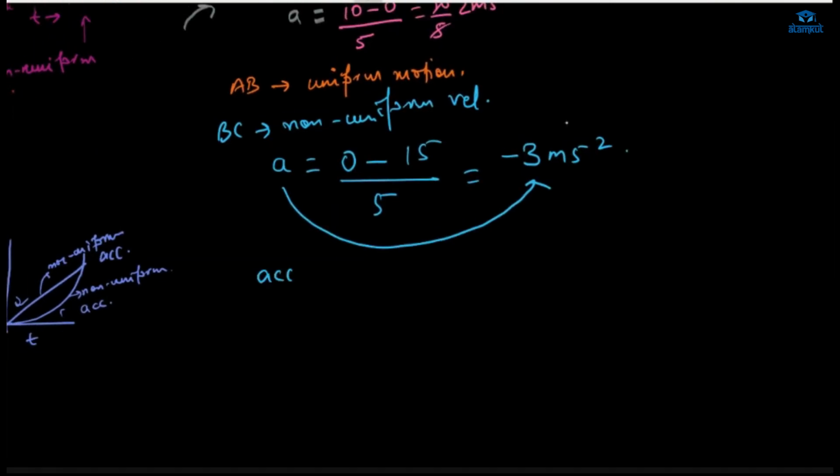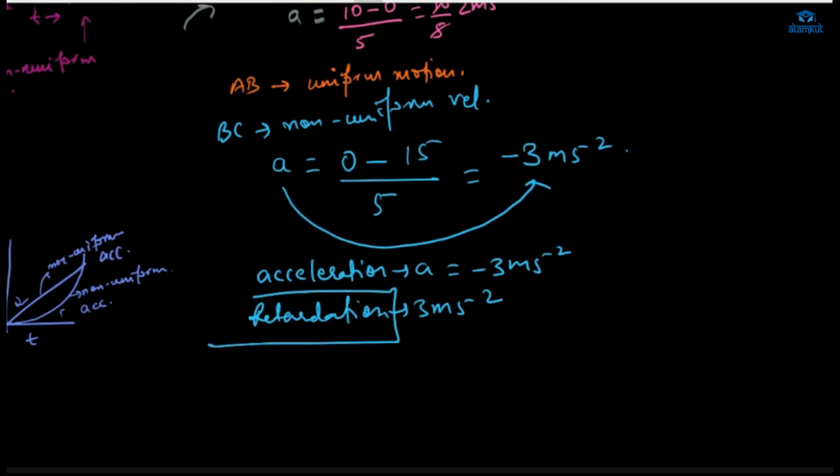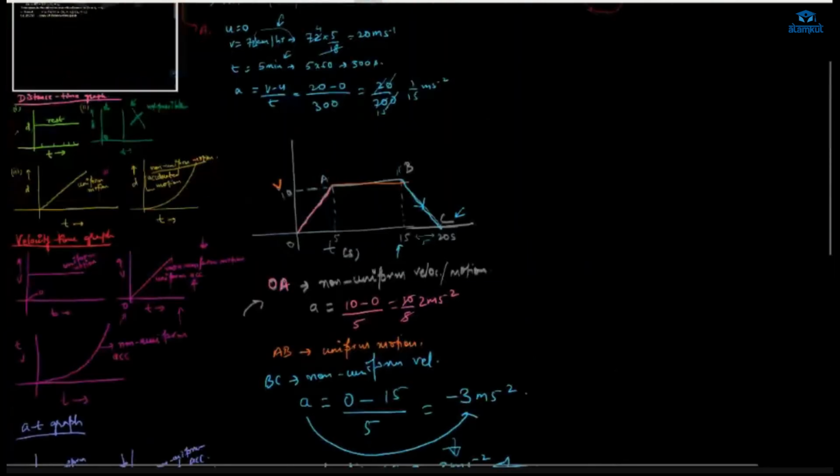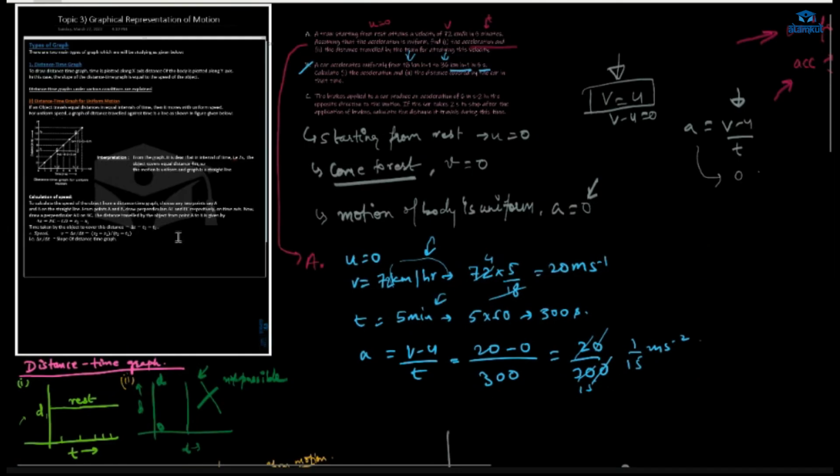If you are saying acceleration, then you will say a is equal to minus 3 meters per second square. And if you are saying that retardation is there, then for retardation you will say it is 3 meters per second square, because retardation itself is negative in meaning. If you are writing retardation, don't write the negative sign. If you are writing acceleration and you have got negative acceleration, then you write minus 3 meters per second square. Fine. So let us close our